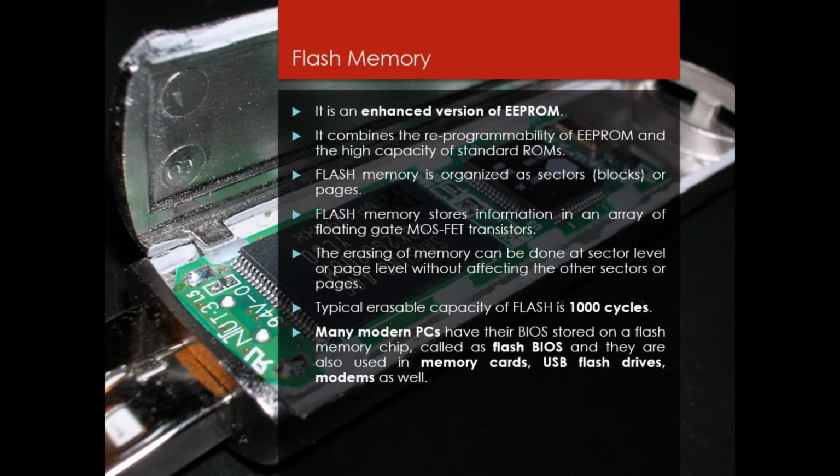In the sense, you have a pen drive with you. So you store some information in your pen drive. It is not required to clear all the information in the pen drive at a time. Erasing a pen drive doesn't mean I'm clearing all the information at a time, is it not? So I can erase folder wise, file wise. So that is basically how I am going to erase the data page wise when it comes to hardware structure. And the typical erasable capacity of flash is 1000 cycles. But we know that modern flash memories have a capacity much more than that.